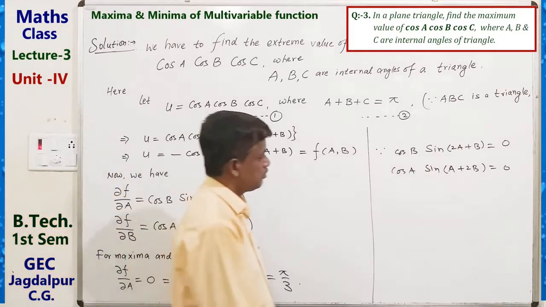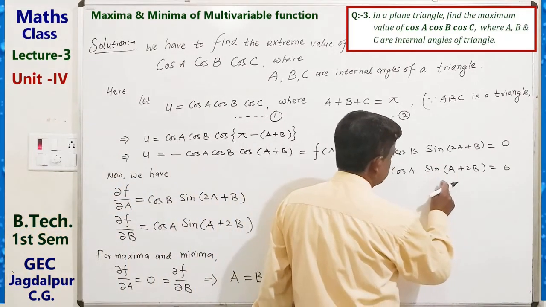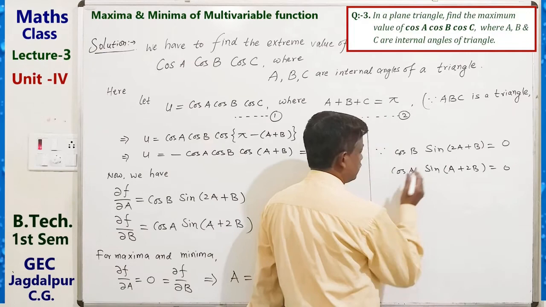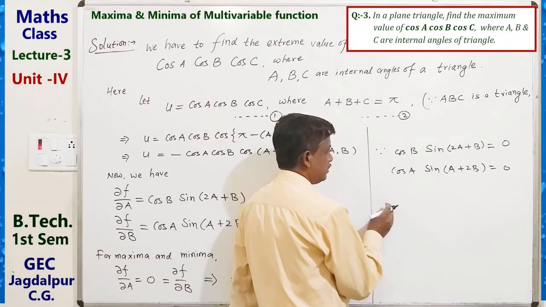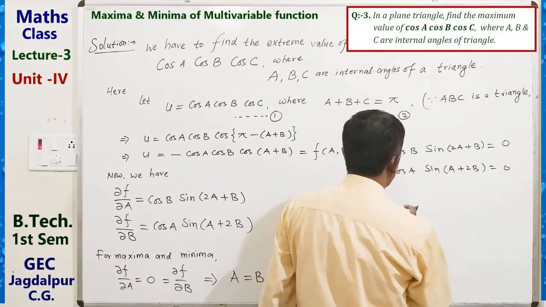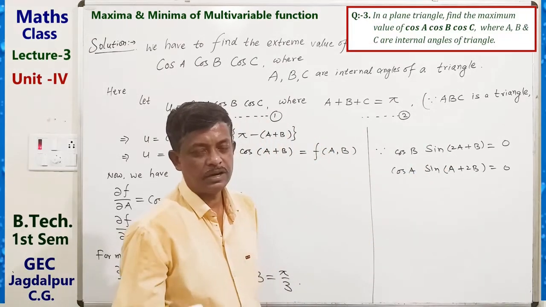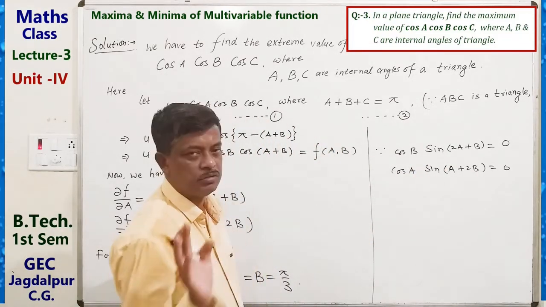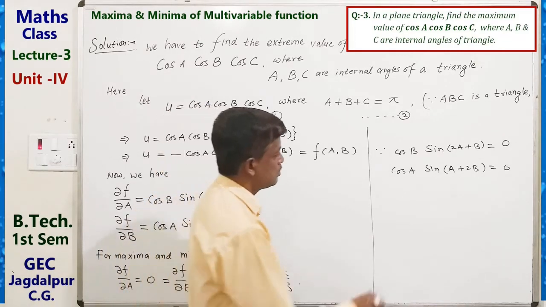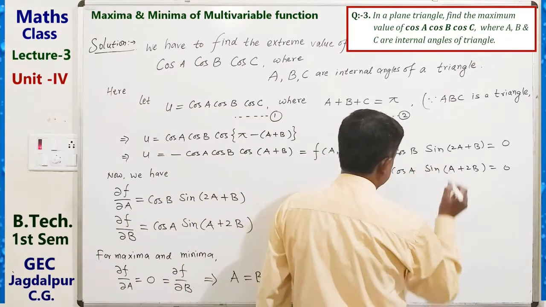So for solving these two equations, when cos a and cos b are 0, then these two quantities are equal to 0. So in this case here,